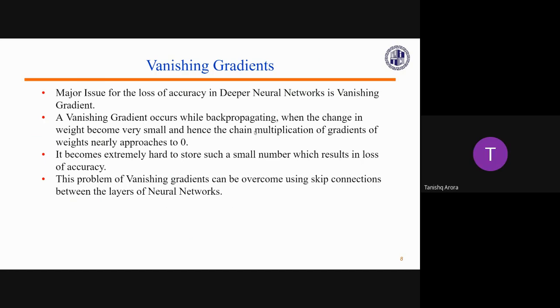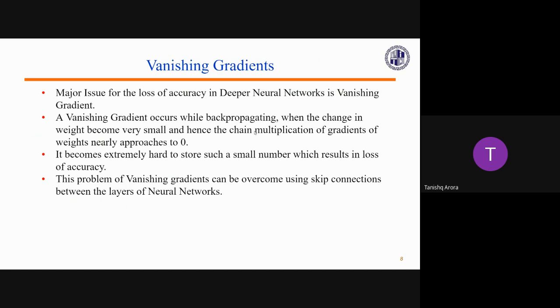Thanks, Arpit. So it is the case of the vanishing gradient. In backpropagation we take the derivative of the function, and when there are more than 2 or 3 layers, there occurs something like a vanishing gradient, which means that the derivatives of the weights and the function will reduce and become nearly equal to zero in the case of backward propagation.